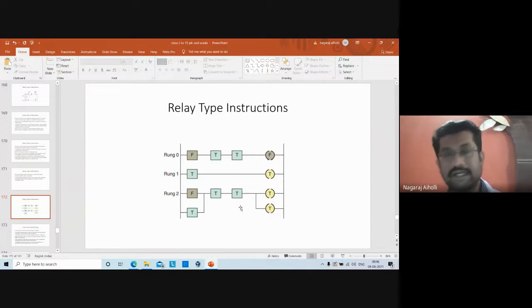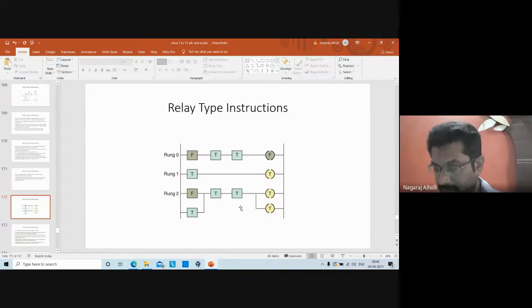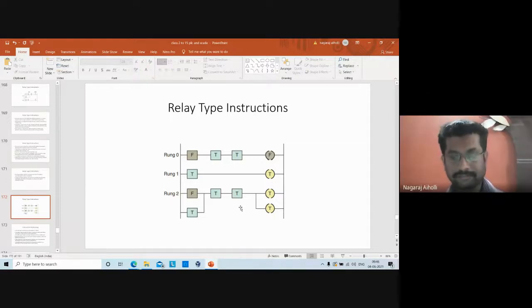Any problem in understanding? Praveen Helavi, any difficulty? No? Okay. Prasad Hiremat, any problem in understanding? No, sir. Okay, fine.